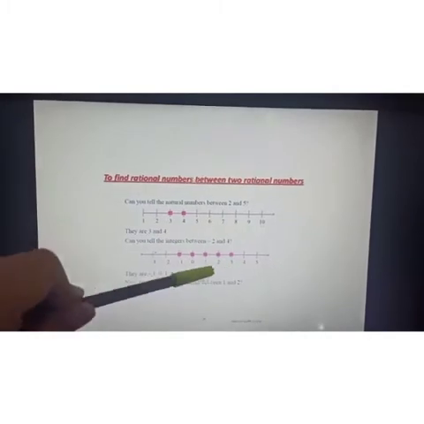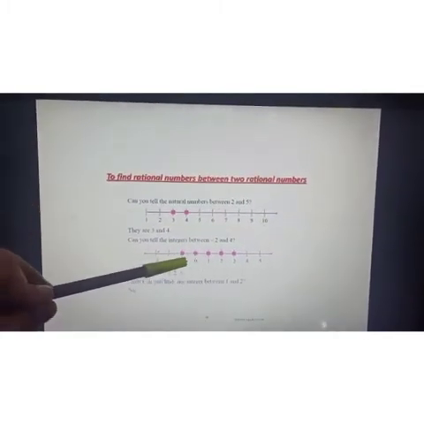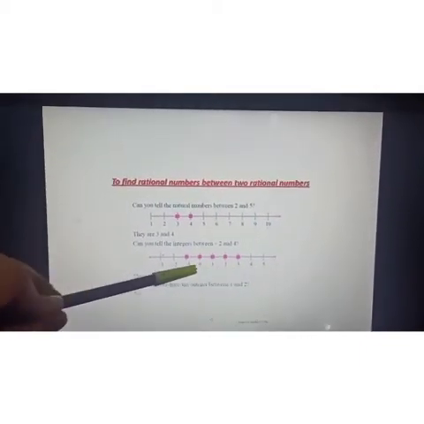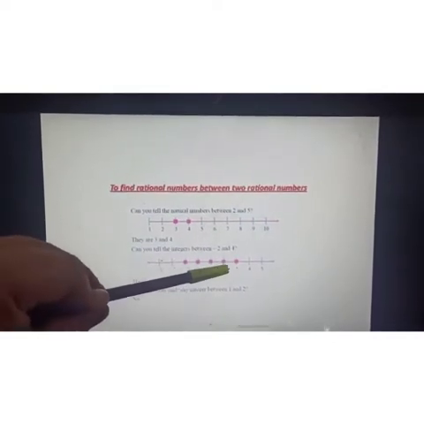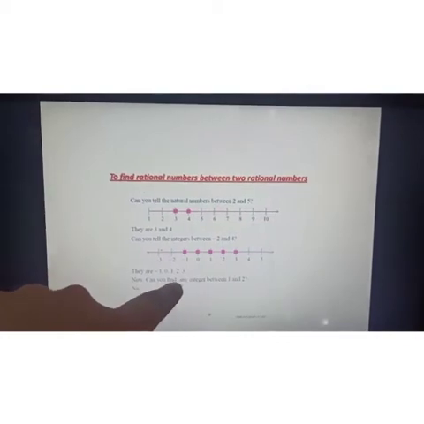Now students, can you tell me the integers between minus 2 and 4? So what is the position of minus 2 here? And minus 2 and 4, here 4. So in between minus 2 and 4, which integers are there? Minus 1 is there, 0 is there, 1 is there, 2 is there, and 3 is there. So what are the integers which lie between minus 2 and 4? Yes, the answer is minus 1, 0, 1, 2, 3. As these include negative numbers and 0 also, it means that these are the integers.